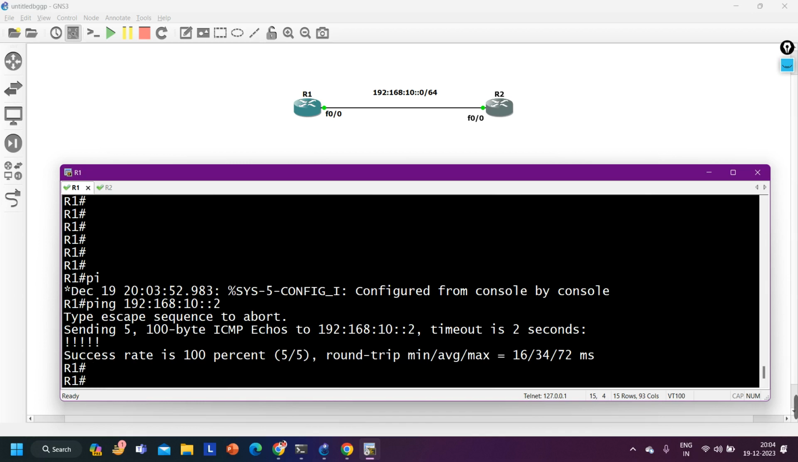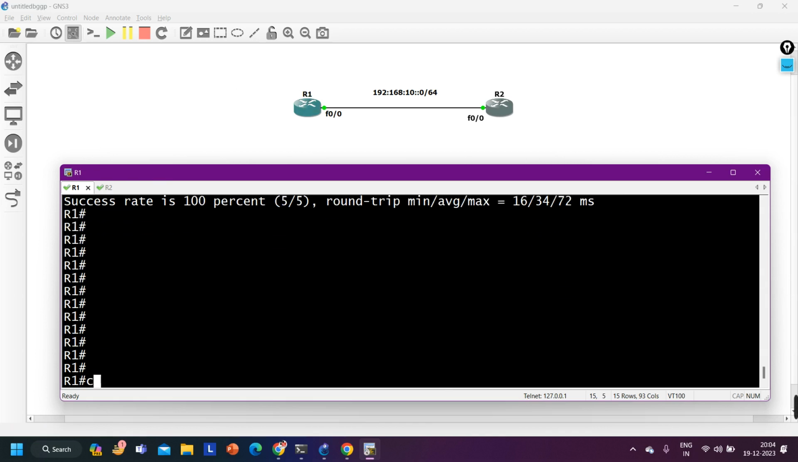Now we can configure BGP between router 1 and router 2. So what AS number do you want to configure? iBGP, eBGP, whichever type of BGP neighbors you want to configure, you can configure. Let's say I'm going to configure iBGP neighbors, BGP AS number 100 on both routers. So on R1,